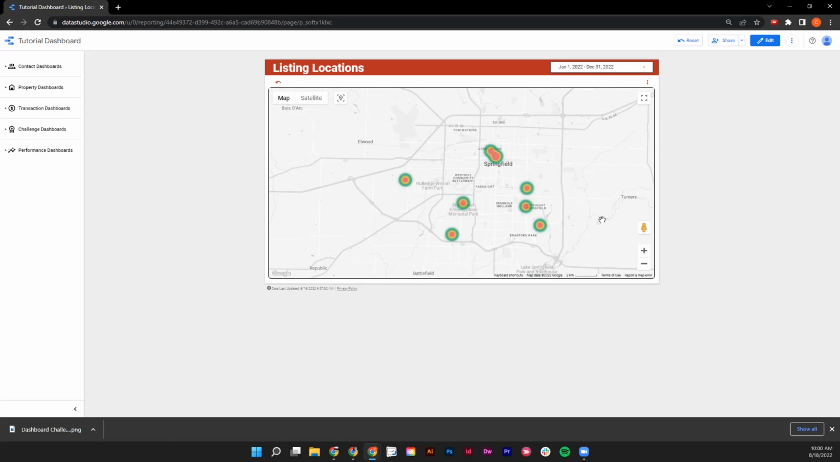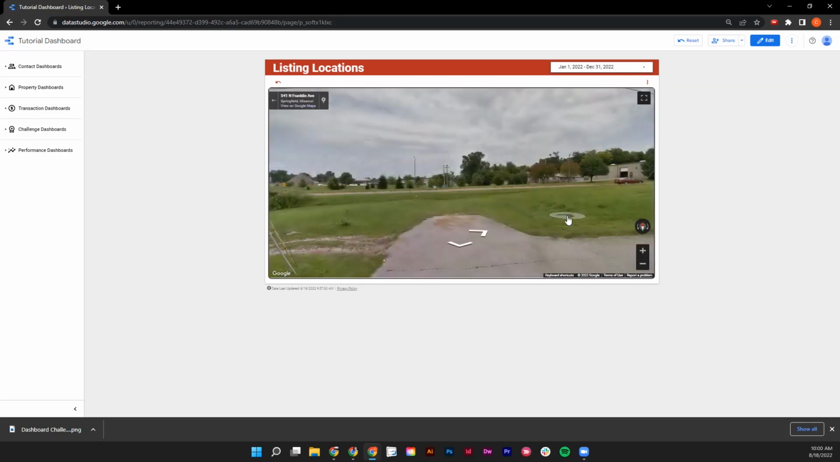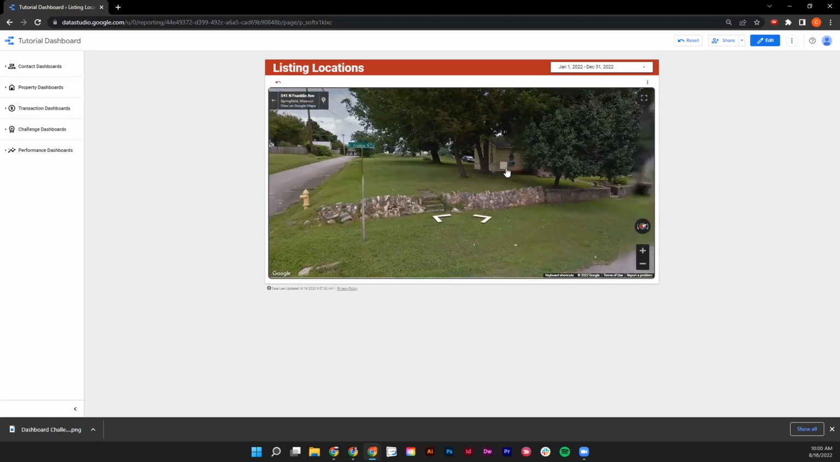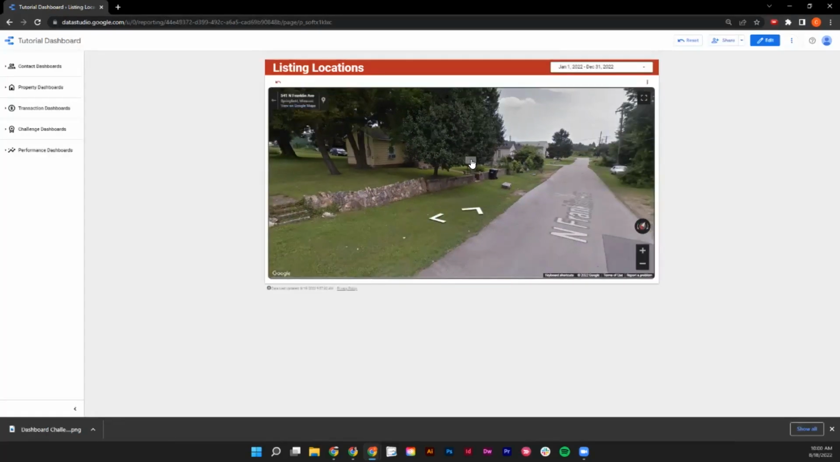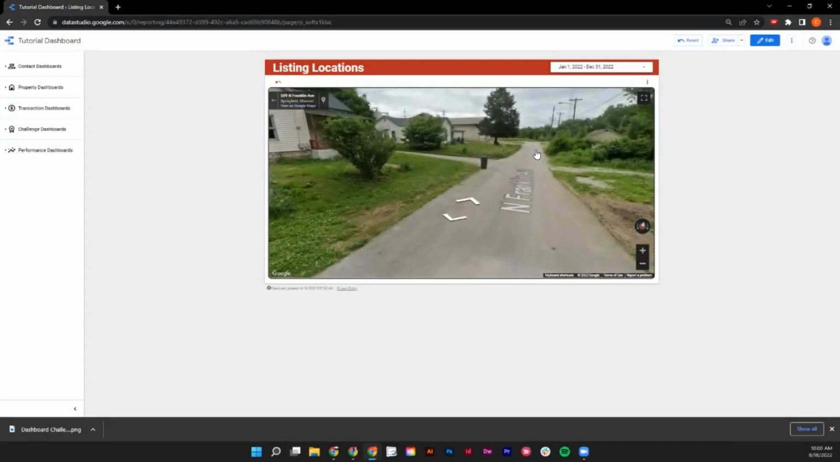Because it does integrate with Google Maps, one of the really cool things you can do is pick and drag the little stick figure individual and drop them in areas to see how all of those different areas look currently so that you can better understand what the individual areas, locations, or properties that you've been working with have compounded